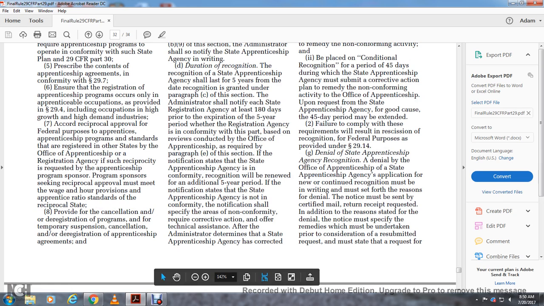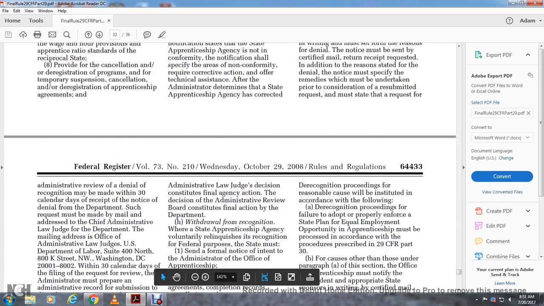Failure to comply with these requirements will result in the rescission of recognition for federal purposes, as provided in the statute. Denial of recognition: if the Office of Apprenticeship denies the state apprenticeship agency's application for new or continued recognition, the denial must be in writing and must set forth the reasons for denial. Notice must be sent by certified mail, return receipt requested. Additionally, the notice must specify the remedy the agency must undertake for prior consideration of the submitted request, and must state the right to request